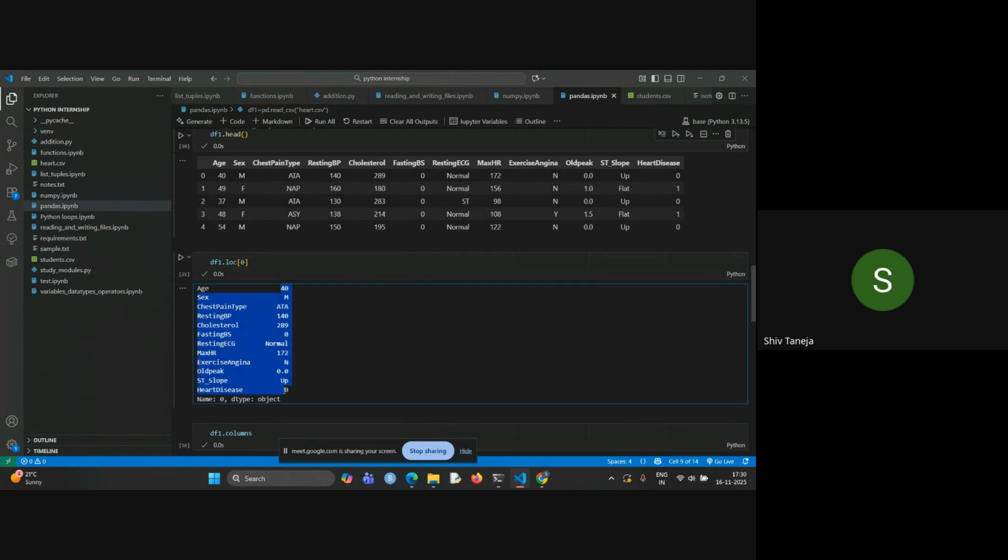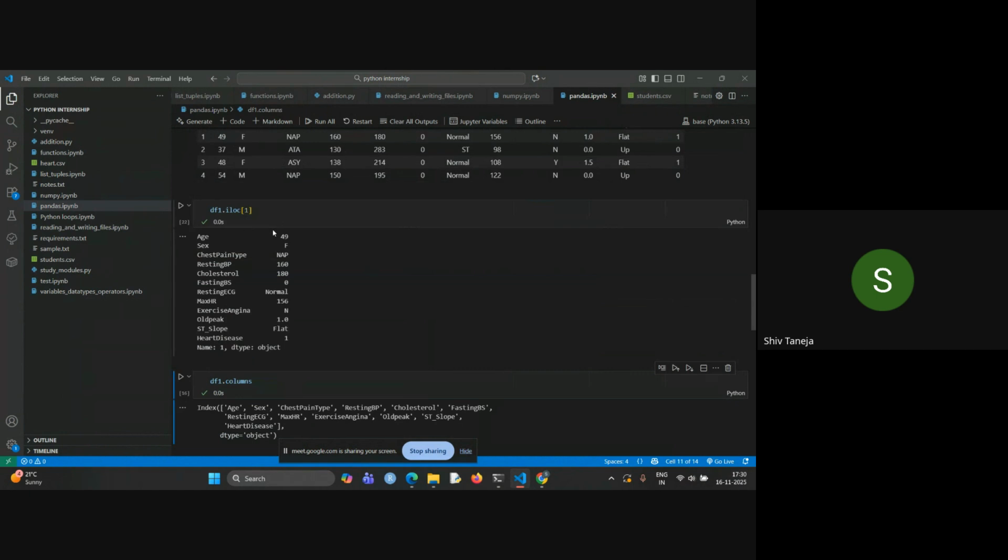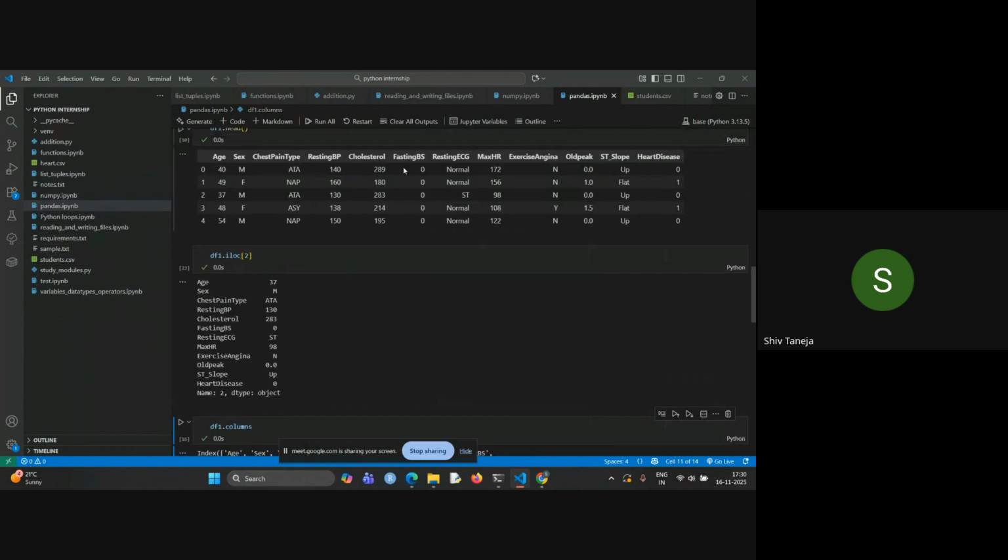Here, it will show it printed like this, with columns and their values. And if you use iloc, now instead of 0, we will have to give 1. Or instead of 1, I will give 2. So it will print the second value. Now, because